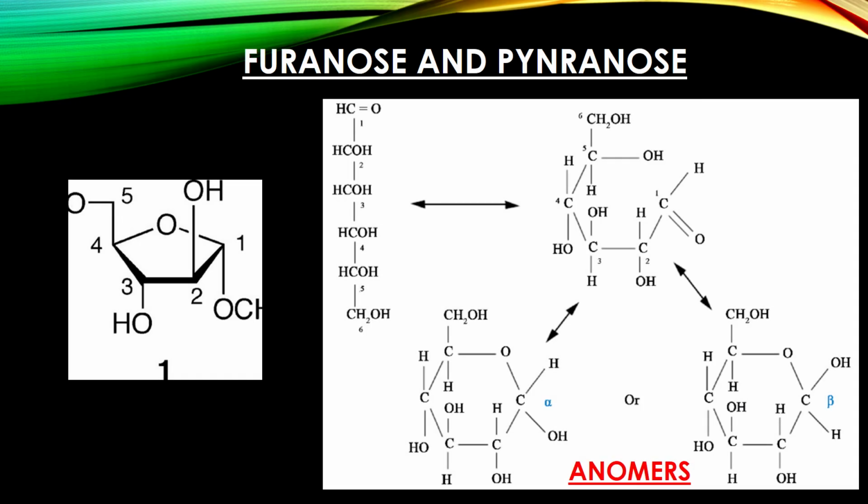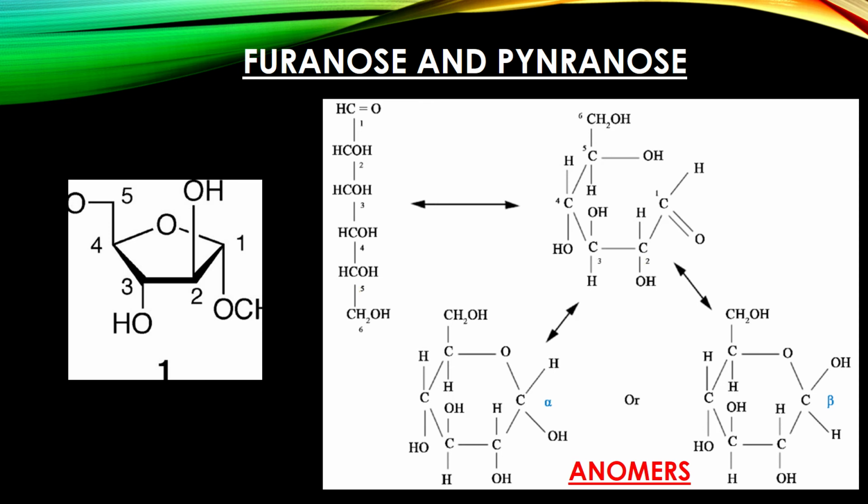The pentoses and hexoses can produce ring closure structures. In pentoses, C1 binds with C4, giving a closed ring structure called furanose, and in hexoses, C1 bonds with C5, giving a pyran ring structure called pyranose. Isomers that differ in configuration only at the carbonyl carbon are called anomers, such as alpha-D-ribofuranose